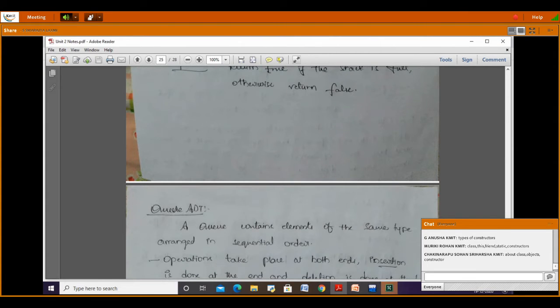Can you see the screen? Yes. Yesterday we discussed what a class is, what the this keyword is, what a friend is, and what static and constructors are. Yes, Sohan. What about the remaining people? I got only a few responses over here.